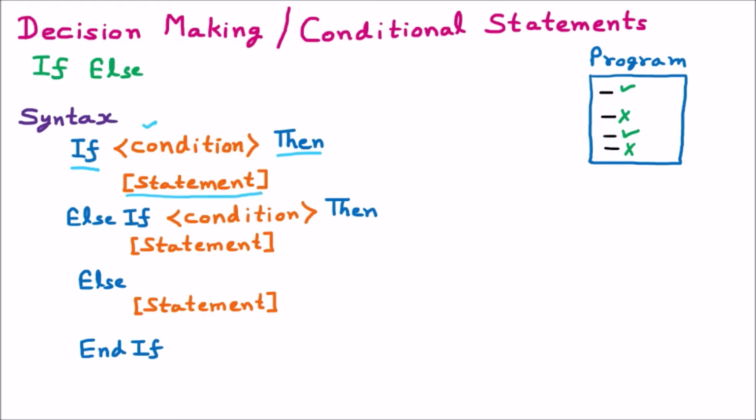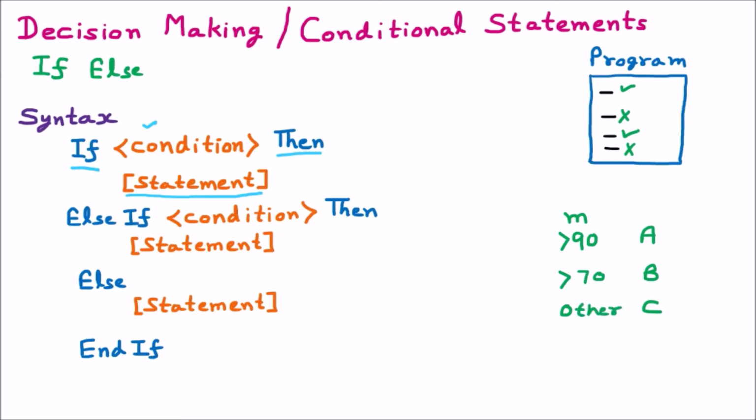Now to define this if and else, we should take one example here. Let us suppose that we have a student whose marks we have stored in a variable m. Let's say if the marks are greater than 90, then the grade of the student will be A. If the marks of the student are more than 70, then the grade is B. Otherwise, in the other condition, there will be C. So this C is for the other cases.